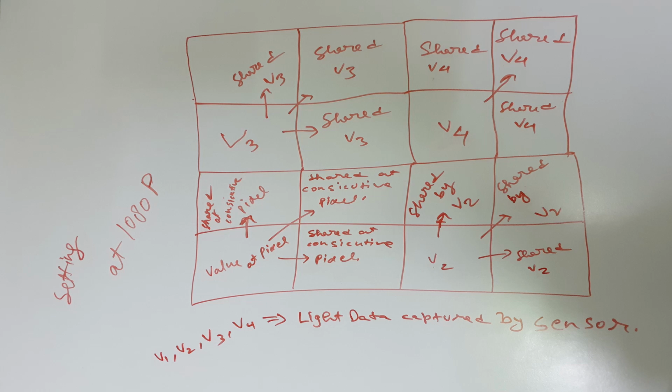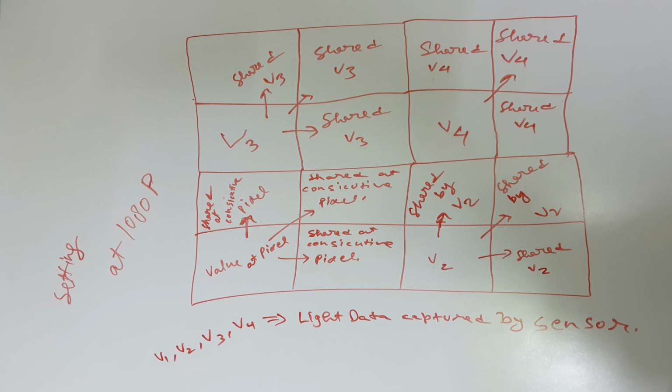Let me explain why. You see in this diagram, I have made a square. Every block represents a pixel. When you record a video in 1080p, what needs to happen is every individual pixel records its own data from the light which falls on it. But no, to save space on your memory and make your file less bulky, engineers share one pixel's value with the consecutive 3 pixels. So instead of getting 4 individual data points, your sensor takes one value and shares it with the other three. In this way, they reduce your file size by three times, and this also goes for the image quality. When you are shooting in 1080p, you literally are not shooting in 1080p.